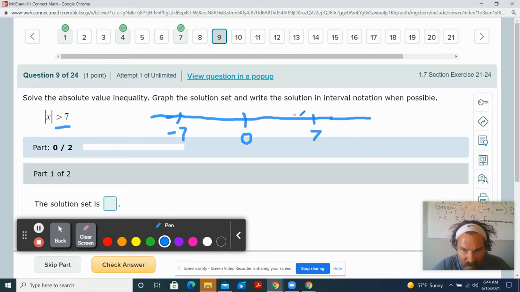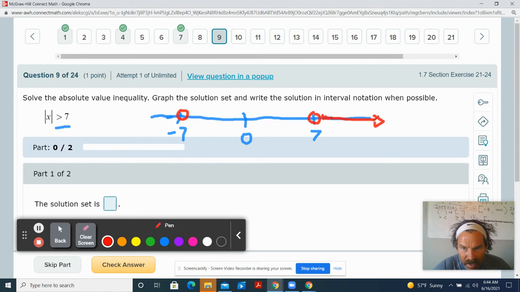So you can't be in between here. You have to be, let me use the, okay, those are open circles. Those are not colored in. Those are open. So you can't be exactly 7 miles away. If you're more than 7 miles away from Rockland, or if you're more than 7 away from 0, you have to be over here,